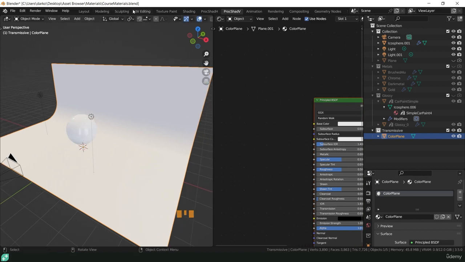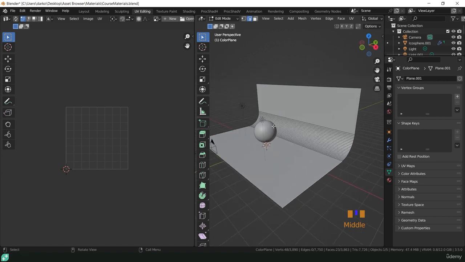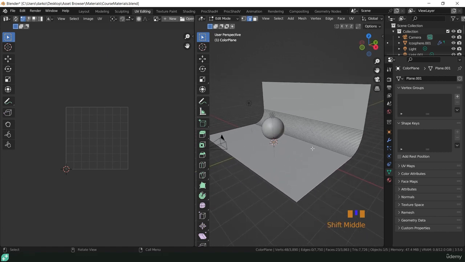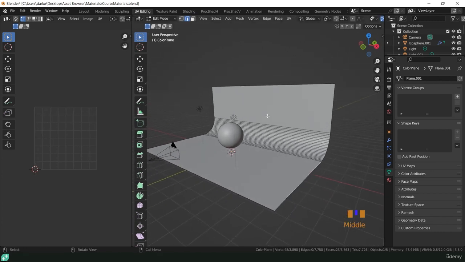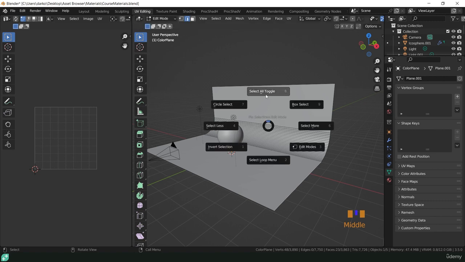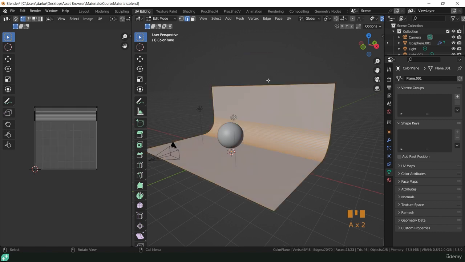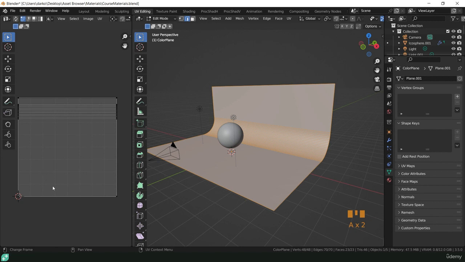So I'm going to go to UV editing. And in this workspace we have our viewport on one side and our UV image editor on the other side. I don't need it quite that big, so let's make some more space here. Now the UV editing workspace will put you directly into edit mode, so I can just hit A and select all. And that will select my entire plane,